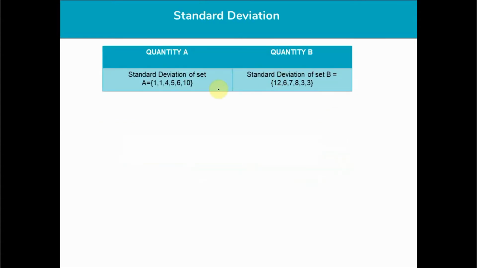Now, a very common question on standard deviation. Again, as I've been telling you, concept clarity is a prerequisite to solve any QC question. Very important. Standard deviation. So, what is standard deviation? Standard deviation denotes how much every data point, every element of a data set, deviates from the mean. That's all standard deviation is.